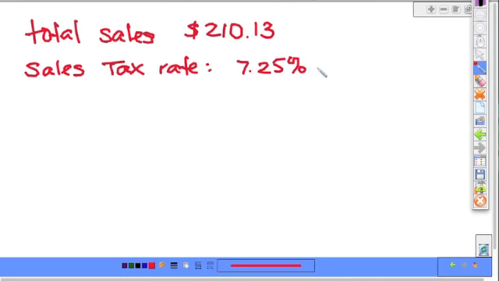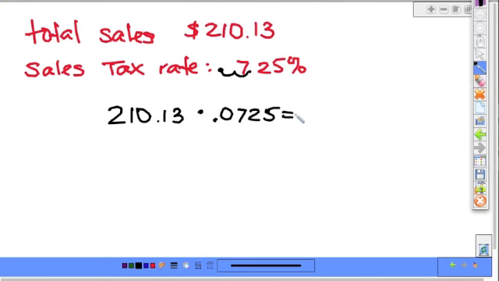So whatever you sell something for, you have to add in the sales tax rate, which is a percentage number, and that'll give you how much money in addition to the item needs to be purchased with. So we're going to take this total, 210.13, and we're going to multiply it by this rate. Now remember, we need to have it in decimal form, so we go to the left 2 places. So we have decimal 0.0725. Put that all into a calculator and you get